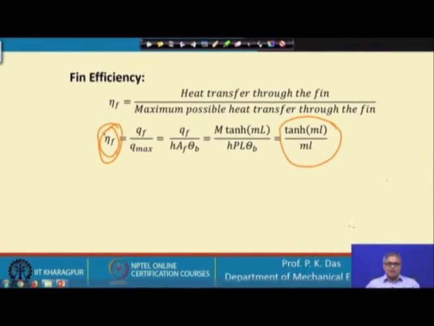Base area heat transfer, how can we get? H A delta T. We do not have any fin equation, etc. Here somehow somebody is supplying me with the fin efficiency. The fin area I will multiply with the efficiency, and then we will have our H A fin into efficiency into delta T, that will be the heat transfer. So, this is the advantage of introducing efficiency.